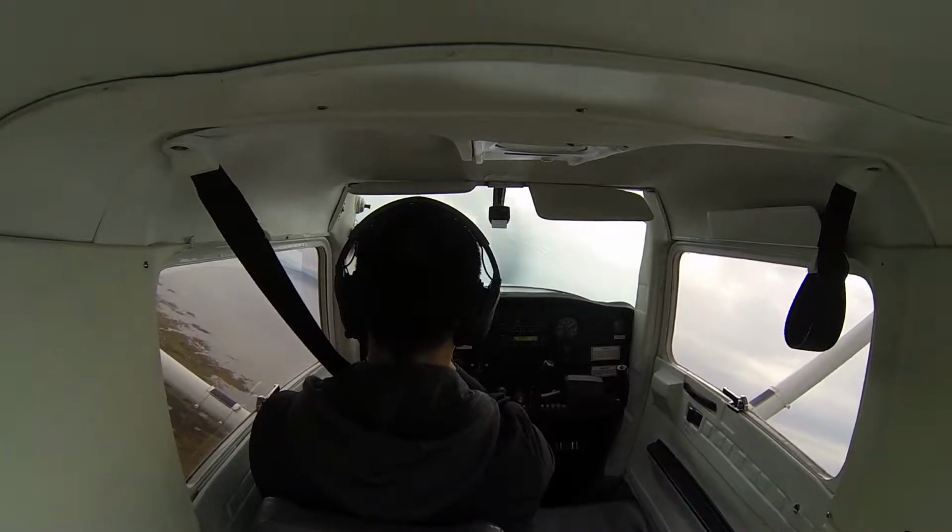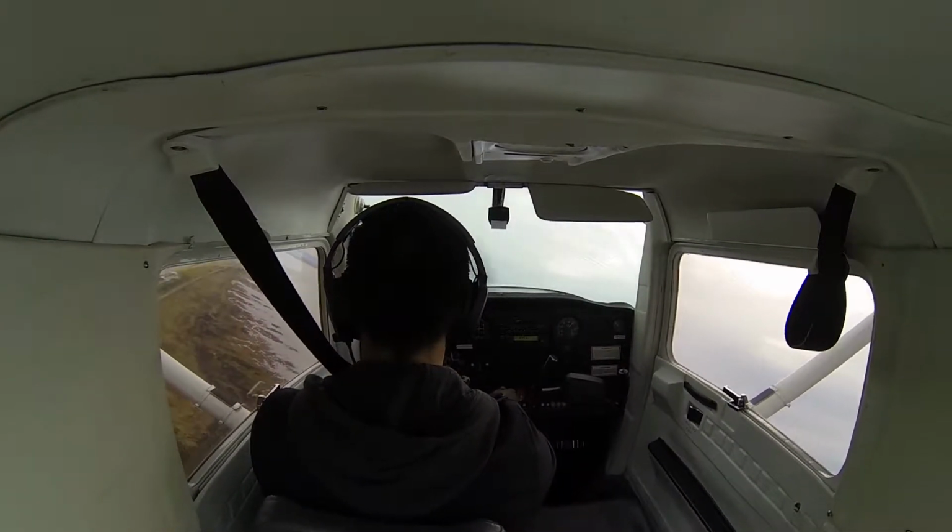Crosswind turn. Juliet Golf Victor Tower, roger, runway 12, altimeter 3019, radar identified, cleared left base. Traffic at your 12 o'clock just south of the shoreline, entering the